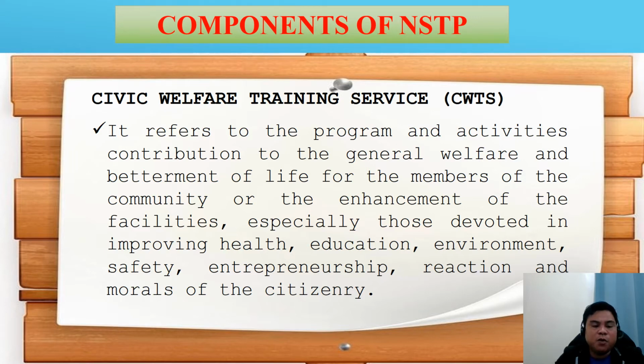Examples of these programs are to provide seminars and workshops on livelihood skills, health education, advocacy in private actions,